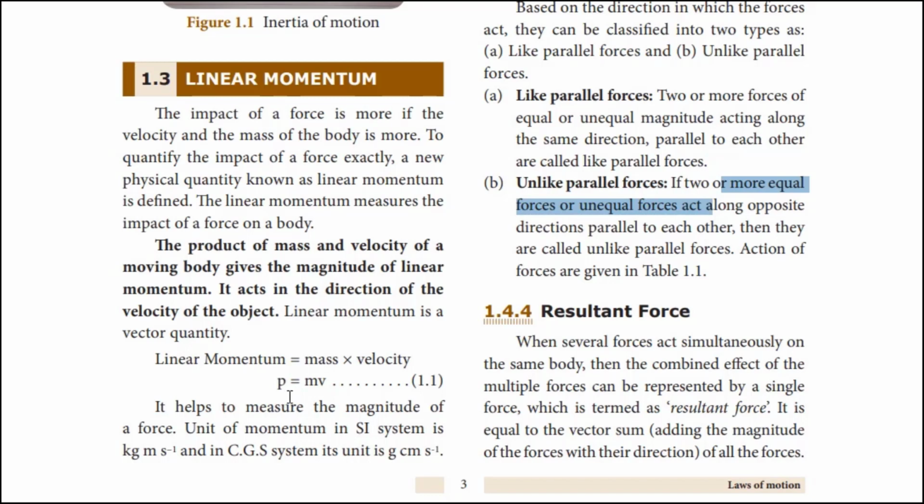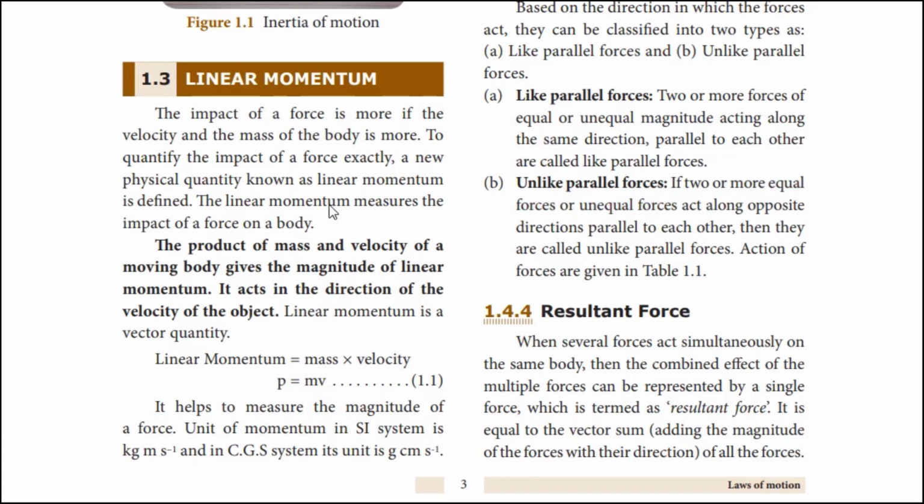Okay. Then you have to note down the notation of the relevant physical quantity. P is equal to m into v. That is, the product of mass and velocity will give you the momentum. Then what is the unit of mass? It is kilogram, and the unit of velocity is meter per second. So if you combine these two, then you will get kilogram meter second power minus 1. In CGS system, replace gram for kilogram and centimeter for meter. What will you get? Gram centimeter second power minus 1.